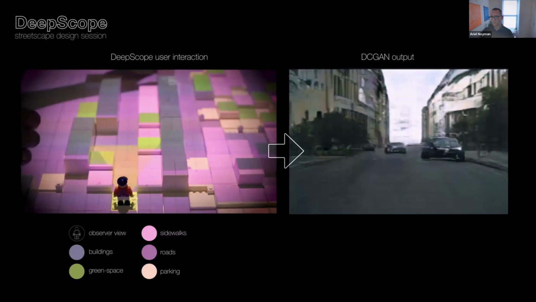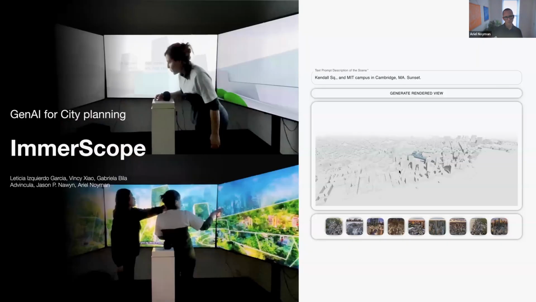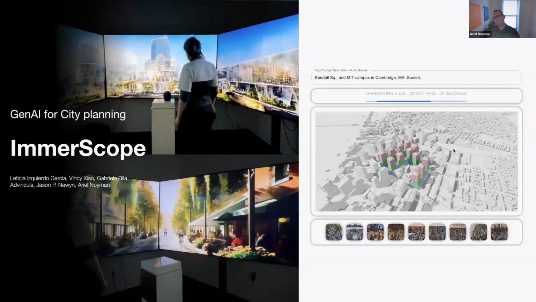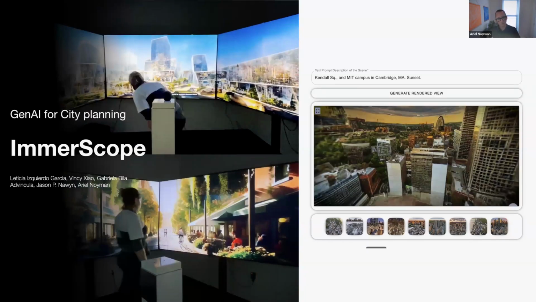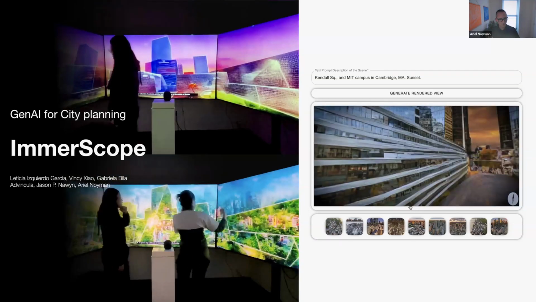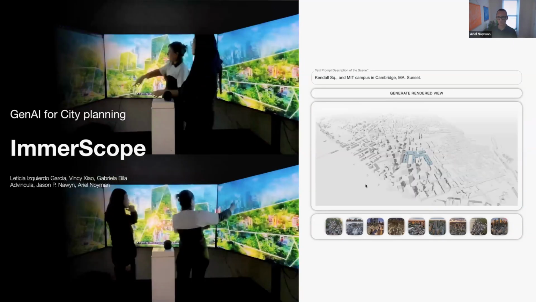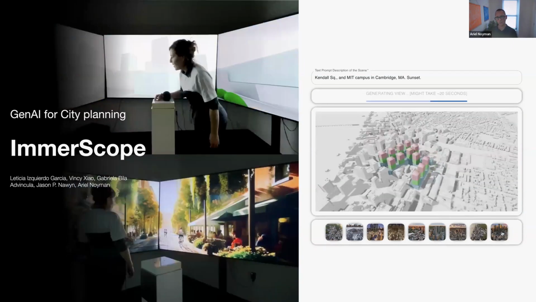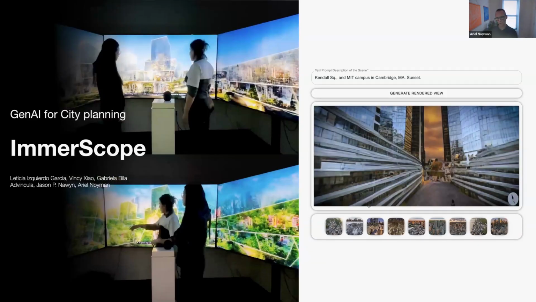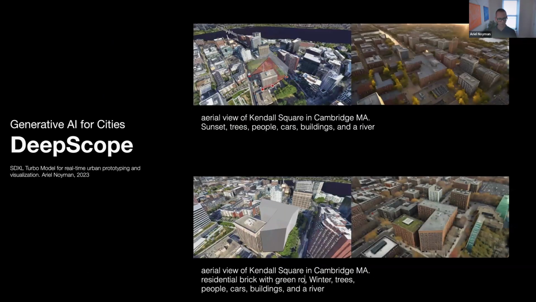Now, as I mentioned, this is ancient technology. It doesn't look very good, but last year we've been revamping this project through the immersive scope, which you'll all have the chance to experience today. Here we again use more advanced generative models, diffusion models, and the team, and Letty's going to talk deeply into that, so I'm not going to go really in depth, but the team here explored different interfaces such as auditory interfaces in order to affect what we see in the final result. And as I mentioned, we're using some of the newer models here that will allow us almost in real time to generate compelling street view and environmental images, videos, and visuals.